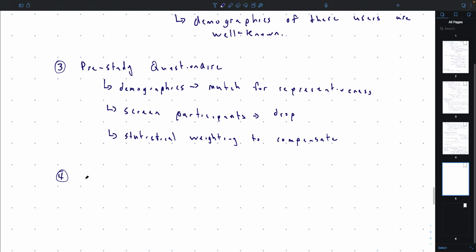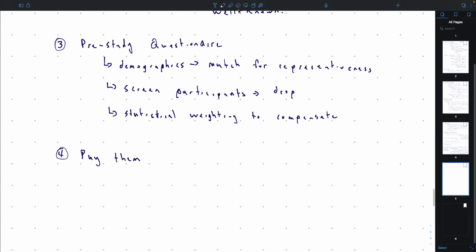Okay, so now you bring a user in, and the first thing that you should do is pay them before they even do the study. A lot of users are there just to get paid, okay? And so you don't want their responses in the study to be contingent on whether they get paid or not, okay?